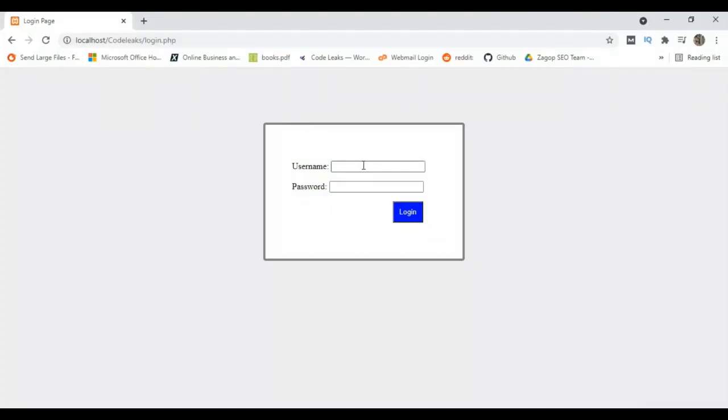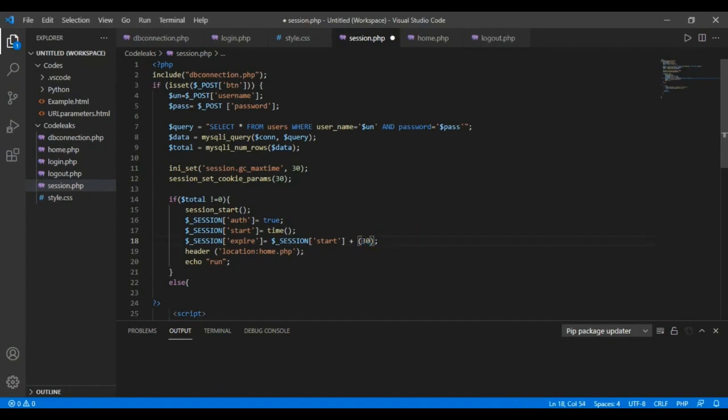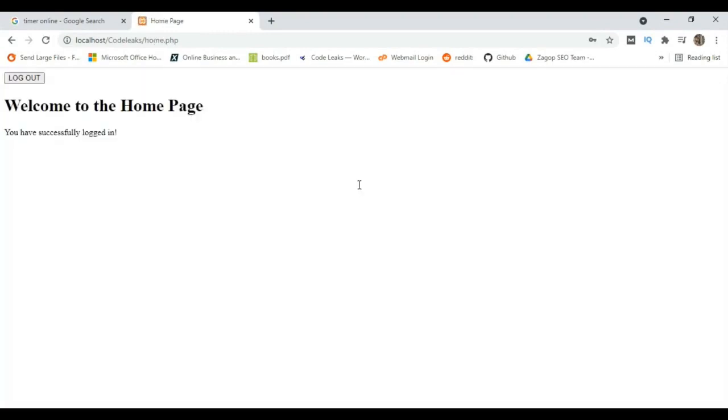So we have used the functions, and now let's get logged in. After getting logged in, you can see when we reload the page, it will not get logged out. Why? Because the session time is 60 minutes. Let's make it more interesting now. What you have to do is give a 30 seconds time limit to the session expiry, and in the global cookies parameters give it 15 seconds. Now log in, enter the credentials and log in.